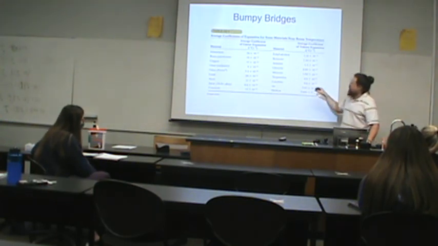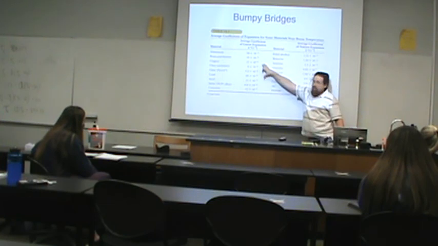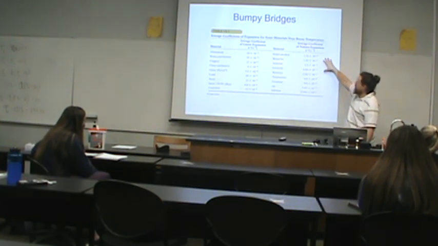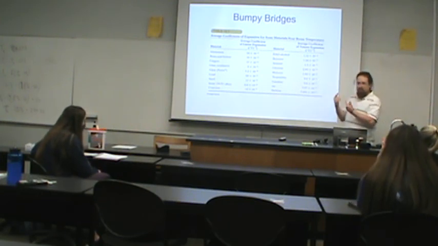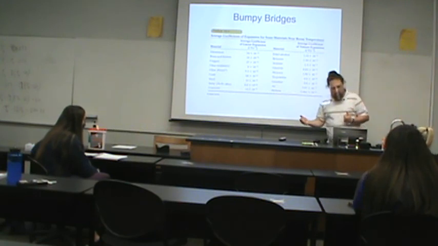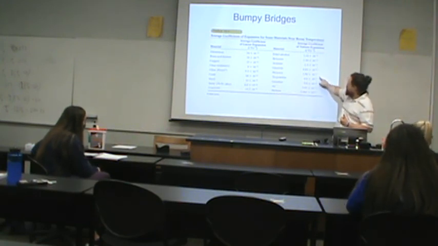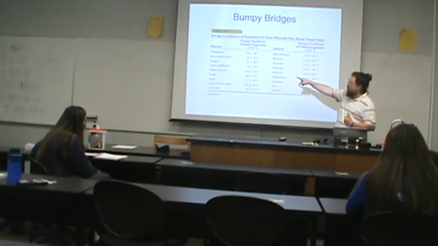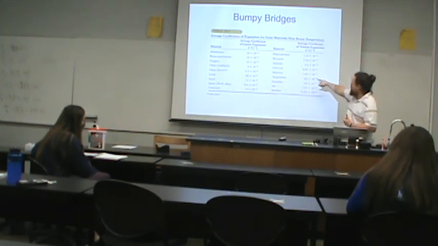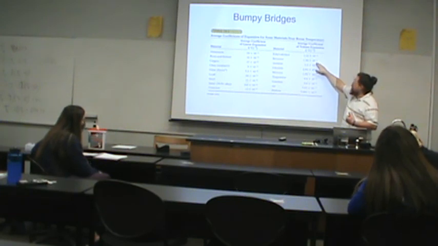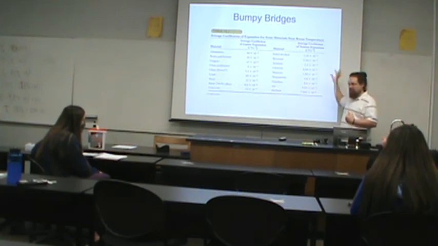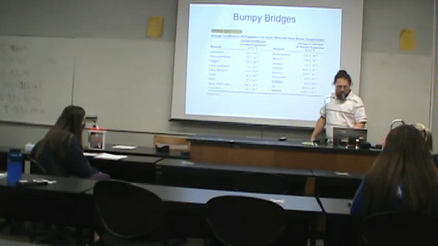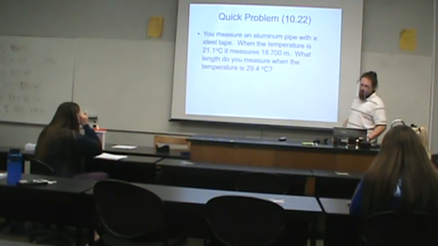And just one thing that's worth noting, this column is linear expansions of solids, this column is volume expansion of fluids, but because of the rule beta equals 3 alpha, you can use one to find the other. But notice, volumes expand at a faster rate than solids. And I know that you'd think 4 is a smaller number than 6, but this is 10 to the -4, which means these are bigger numbers. So, that's a lot of talking and a lot of information. Let's start to